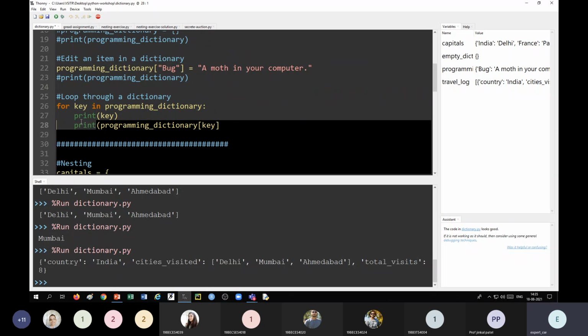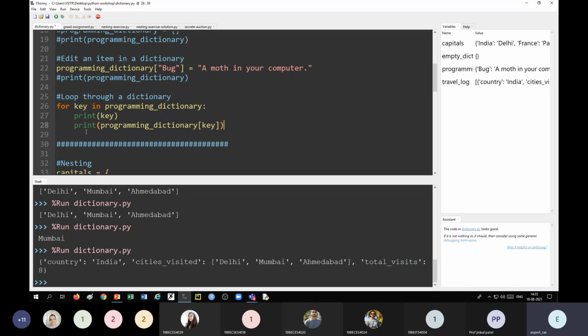Only keys will be displayed, and with the help of key we can print its values. For example, print programming dictionary key. In this way we can print its key as well as its value.